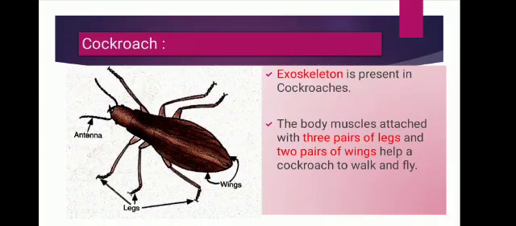The cockroach moves on the ground as well as flies in the air. Now about the cockroach: a cockroach has 6 legs, 3 legs on each side of its body. See, it is given in the diagram, 3 legs on each side of the body. The cockroach moves or walks on the ground by using its legs.